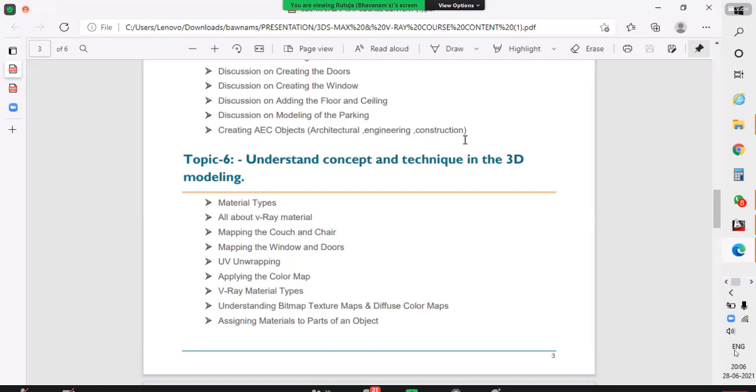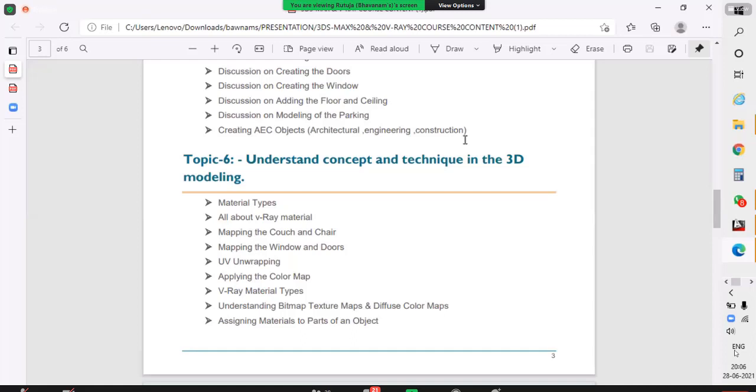Okay, here the next one is mapping, cut and shear, mapping window doors, UV warping. I will show you in the workshop. UVW map, one option is here, I will show you the UVW map. That's it, the UV warping. So the next topic is applying color map.